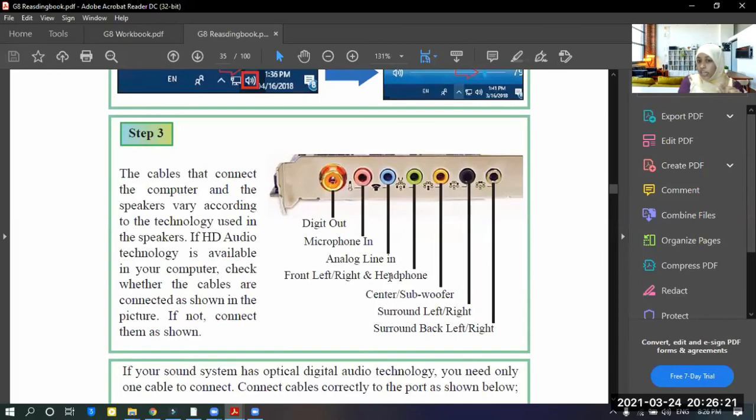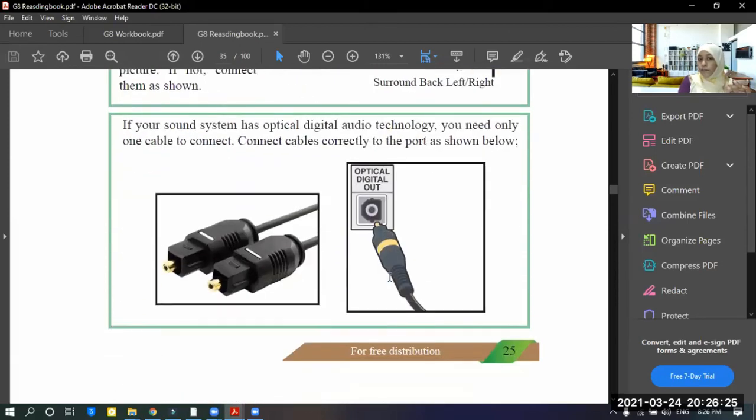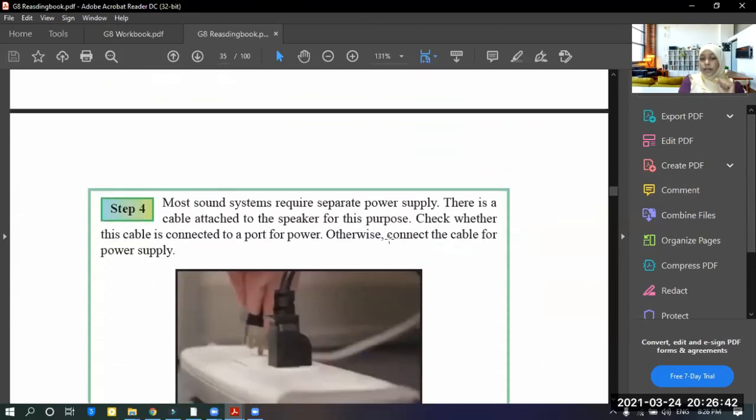If it is not connected properly, then connect the port properly to the computer. Like that, there are some optical digital audio technology ports. You need only one cable to connect it. So check whether this cable is connected properly. If it is not, then connect it properly.